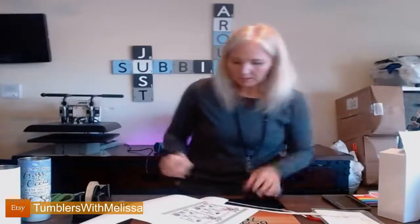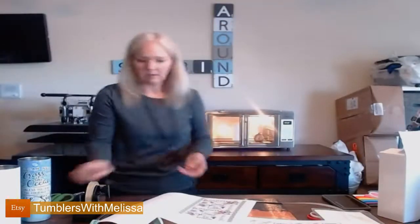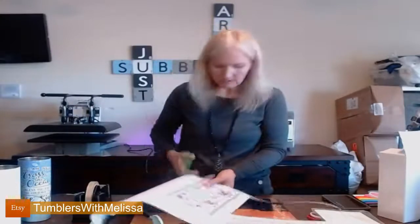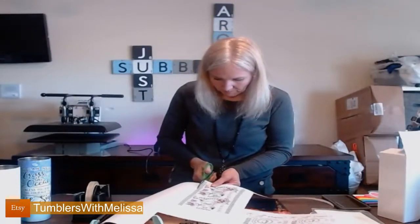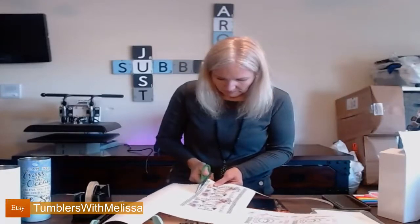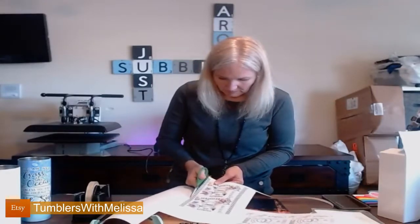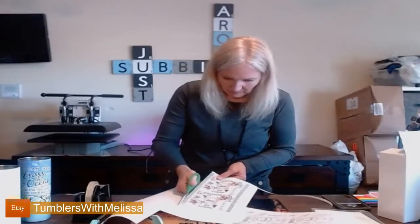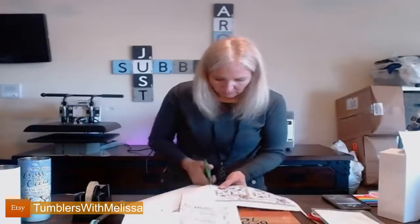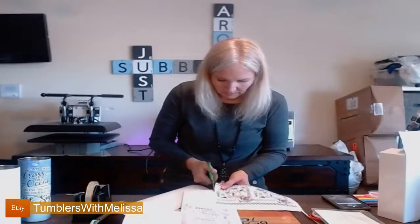All right, and then the Tween Cup I had never done before either, so I did a couple. I have one of those to do. I'm just going to try and cut these while